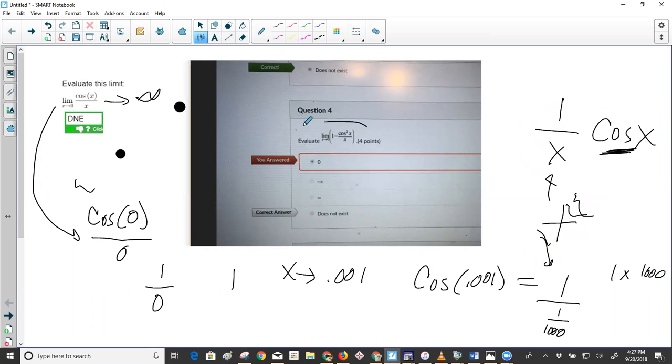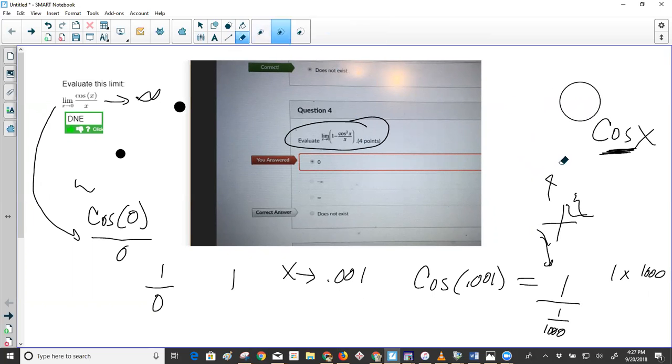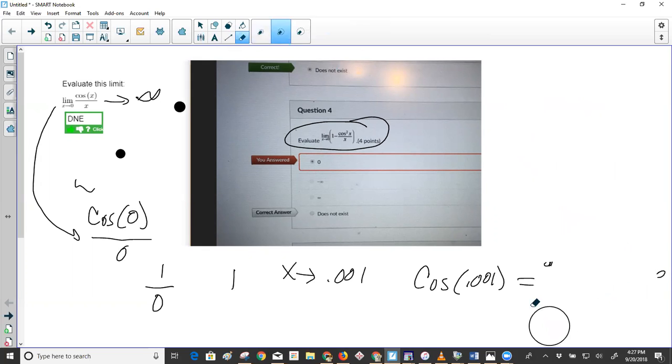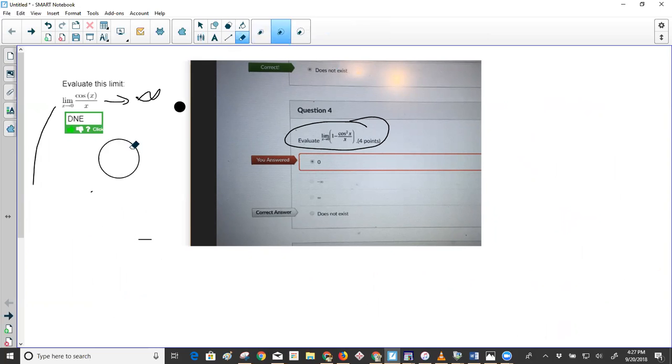Now, what about this one where they're throwing more at us? Well, let's see. Let me get an eraser going here and clean up some of this. The reason I pointed out that problem is because we're going to use that fact to evaluate this limit. And I'm seeing a